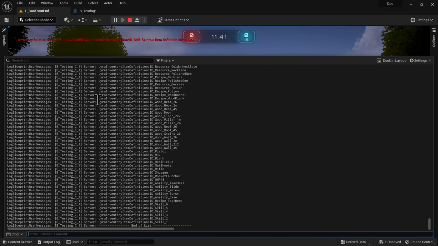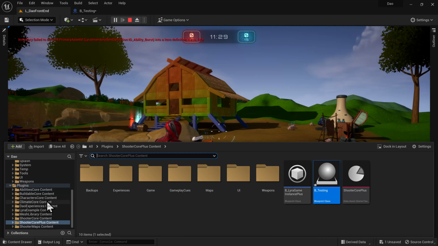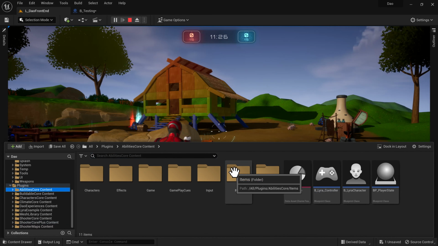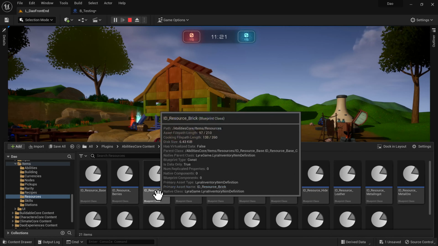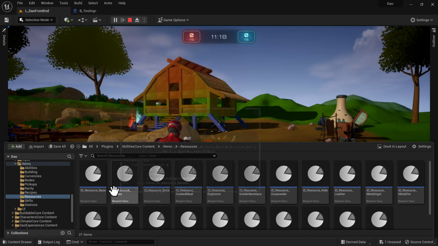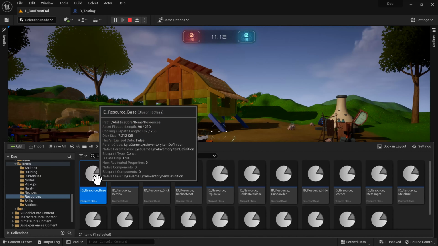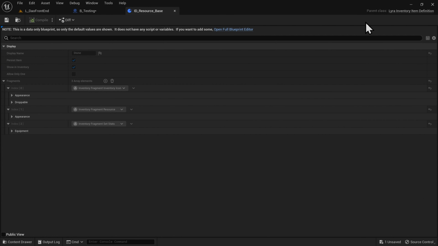You can see that the structure is the type, a colon, and then the short name of the class or the object. So each of those in our content drawer would be items, resources. They match these names. And you'll note that the way we're loading those into the asset registry is these are all defined off of the Lyra inventory item definition,